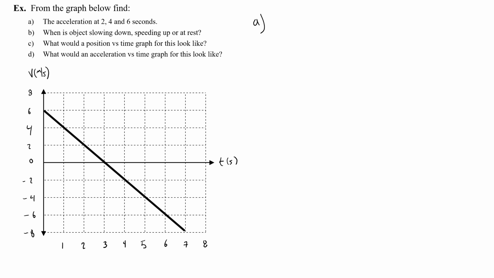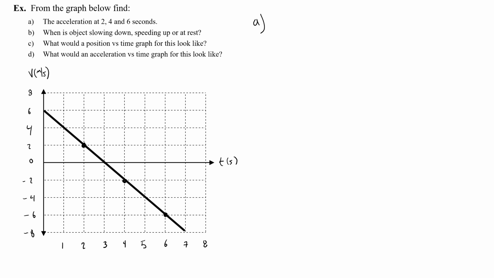Because this is a straight line, the slope at 2, the slope at 4, and the slope at 6 seconds is all the same. If this line was curving, then the slope would be different at those points. But because it's a straight line, the slope of the whole line is the same at any point. So to find the acceleration at any of those points, I just need to find the slope of this entire